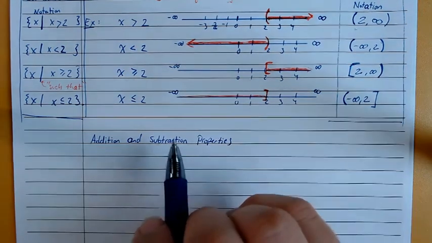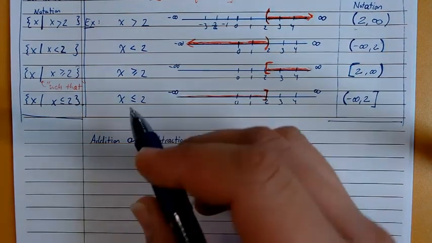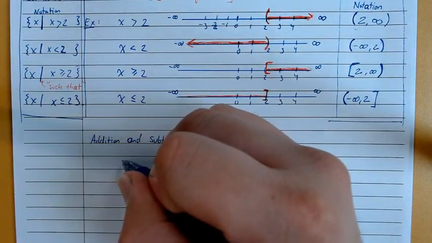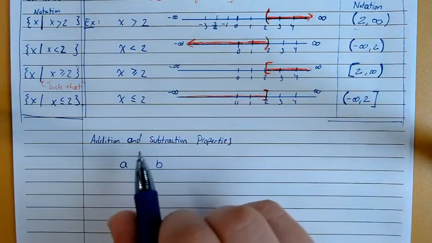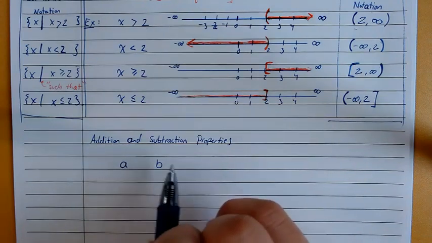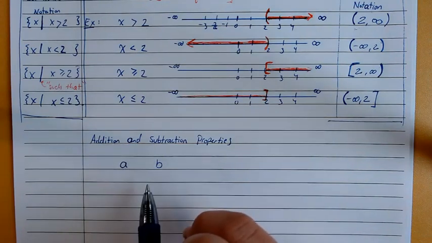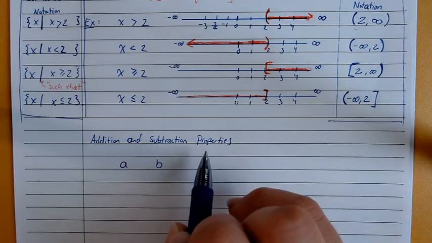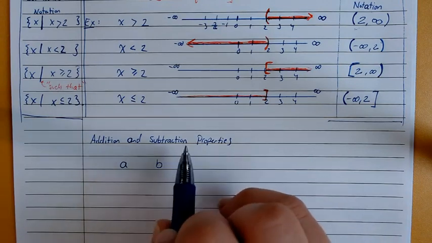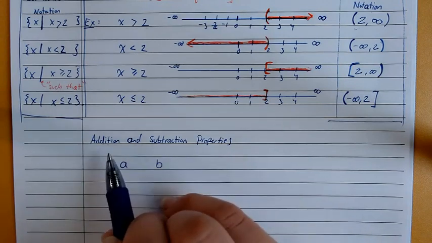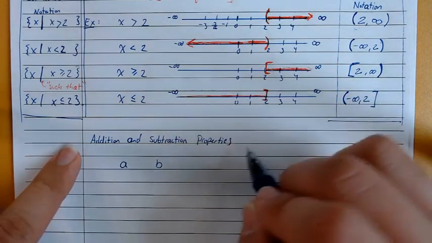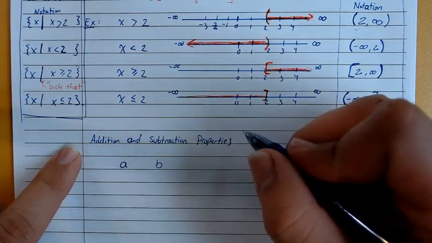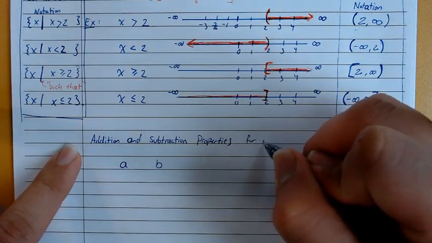The addition and subtraction properties of equality state that if you start with two things that are equal, say A is equal to B, then you can add the same thing to both sides and both sides will still be equal. Well, the same thing is true for the inequalities. Just like you have addition and subtraction properties for an equation, you also have the exact same addition and subtraction properties for inequalities,